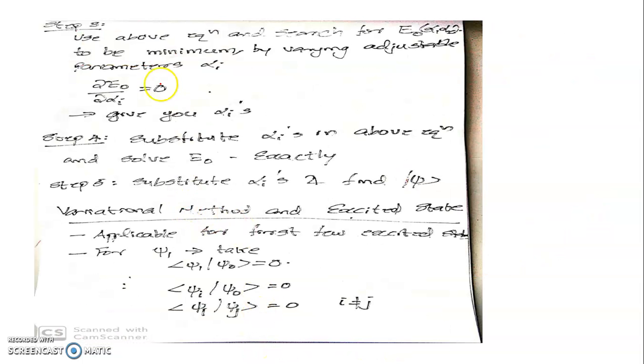Now in the next step, we apply the variation to the above Rayleigh-Ritz formula. Delta variation of this expectation value of energy with the trial wave function should be equal to 0. That means dou E0 by dou alpha i equals 0. And equating this to 0 will definitely give you an equation in alphas. If there are n number of alphas, then there will be n number of equations. If you have n equations and n variables, you can easily solve them. You have so many mathematical procedures of solving them. So this application of